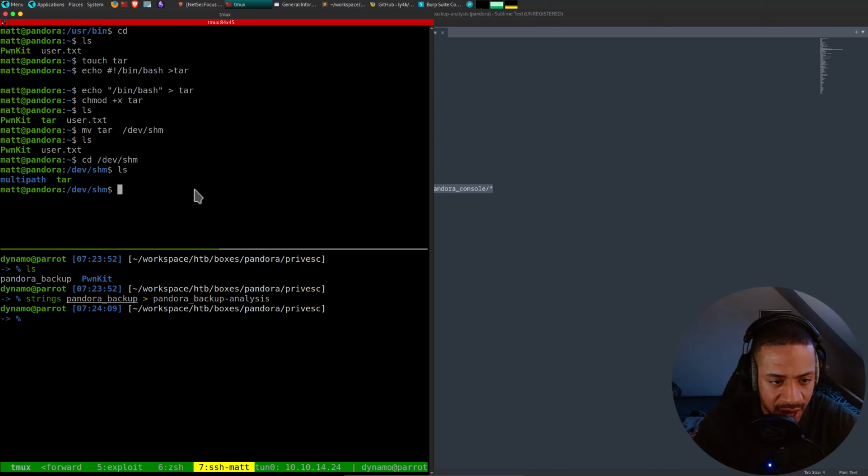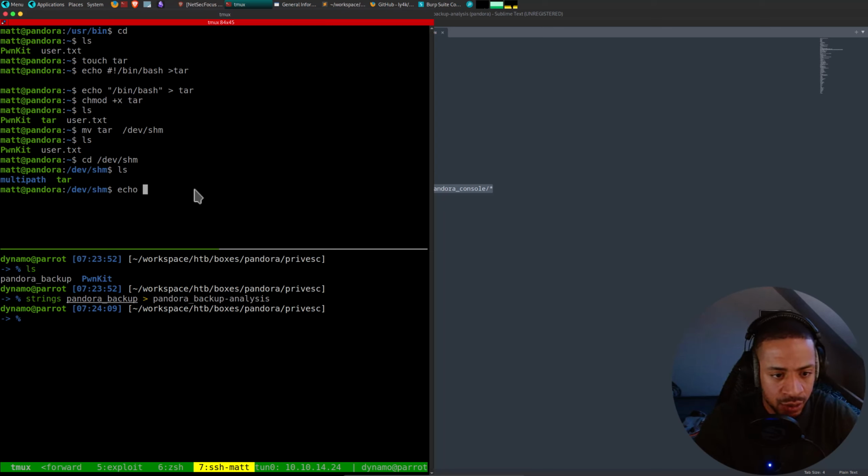Anyway, given that I cannot inspect the path, I can just add this to the path. And the path uses the folders from front to back to execute tar. So when this Pandora backup binary executes, it uses tar and it looks at the path to see where tar is.